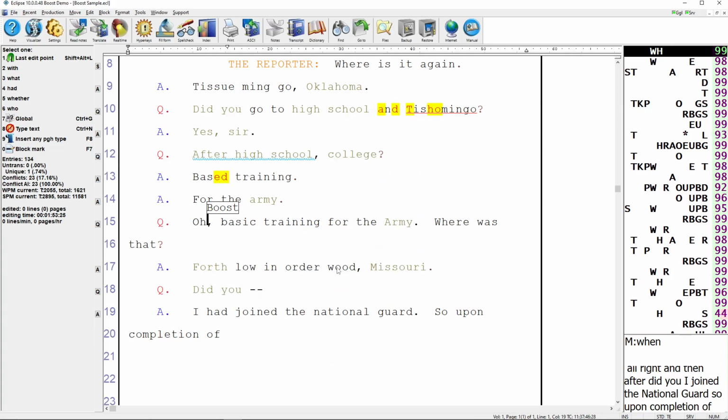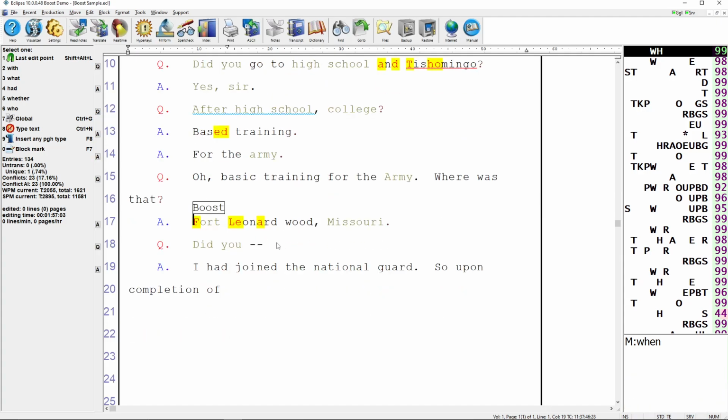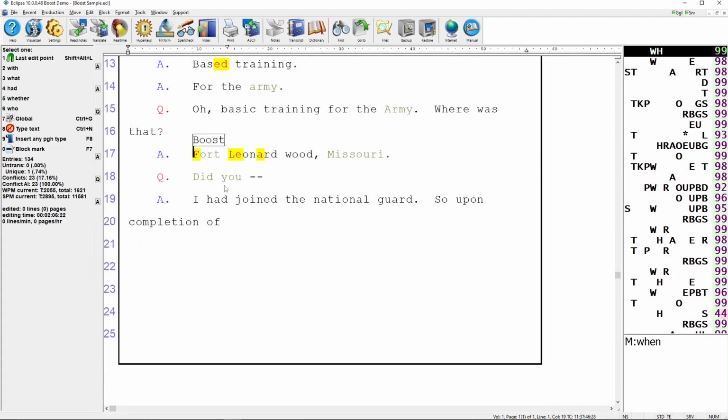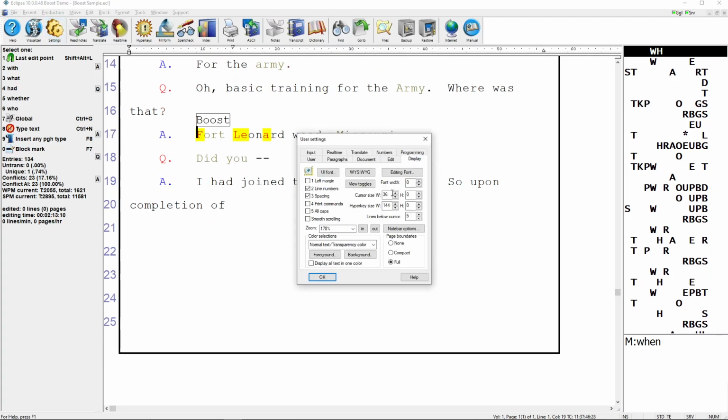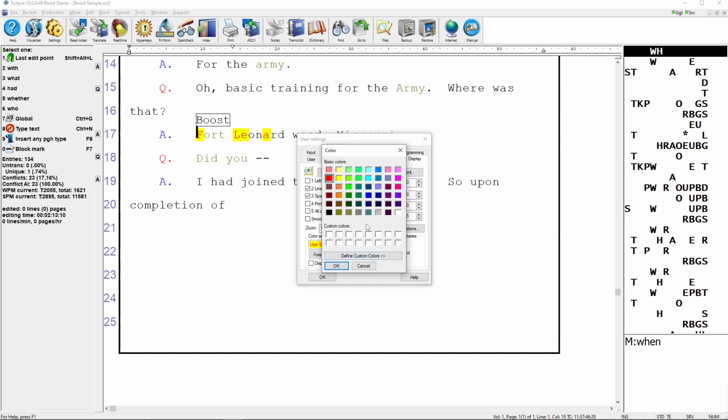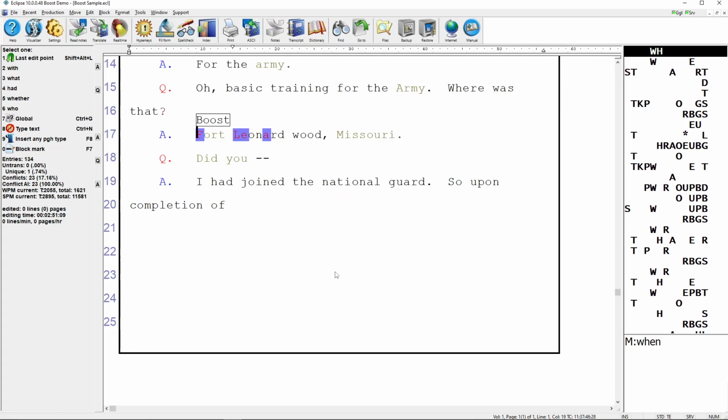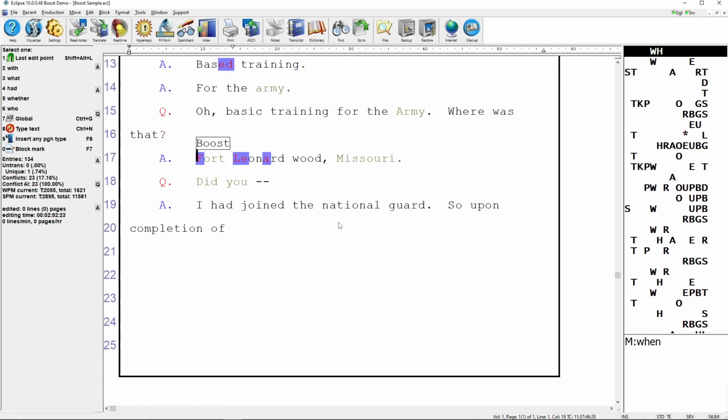As Boost proceeds through the document, you'll be able to see the Boost cursor moving through the document, and all of the changes that Boost is making will be highlighted in the user text type 8 color. And of course, you can customize that by going to Settings, Display, and choosing User Color 8. And again, I can change the foreground as well as the background color to anything that I'd like so that these changes stand out the way I need them to. I'm going to stop this translation